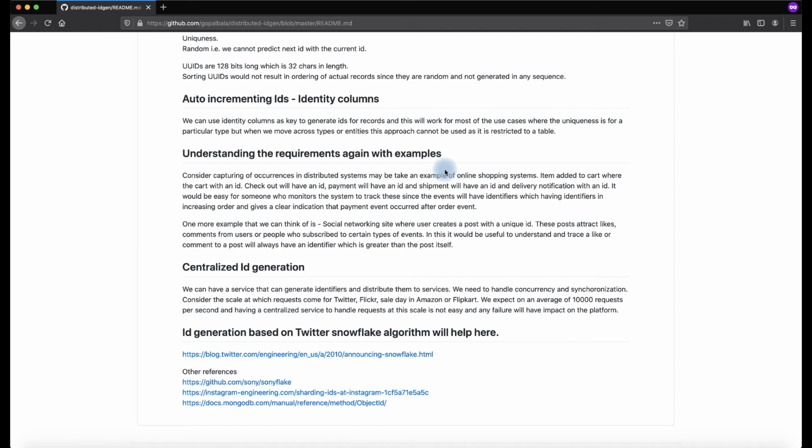If we have a centralized solution that is not distributed, what happens when the centralized server fails? We need to elect a new leader. I have come up with a tutorial on leader election, please go and find it. What is leader election? We need to have a leader, and when the leader fails, you have to elect a new leader, and that leader will start serving. That leader also can fail at some point of time, because of the nature of distributed systems: a leader may not respond, or the leader is clogged with lots of requests. We will not be able to generate IDs.